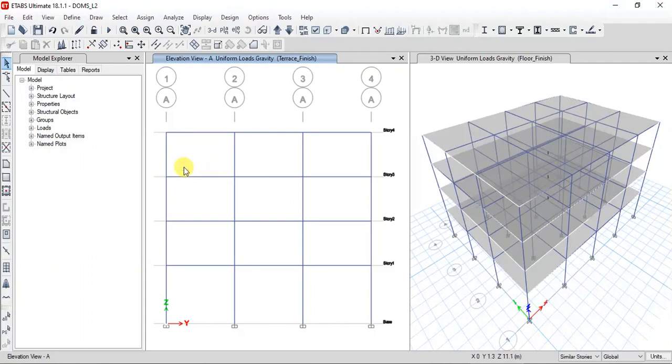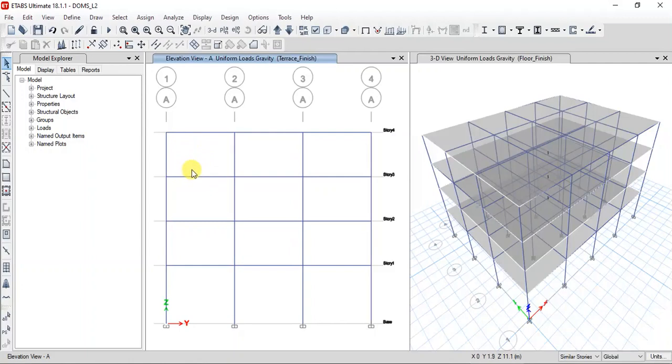Either you can apply that wall load as a load acting on the beam in the form of UDL, or if you want you can make a model of the brick masonry wall here. For that you need to first define the material property for that brick, give the density and all, then assign the walls.